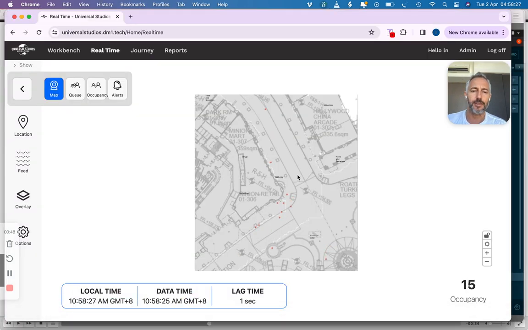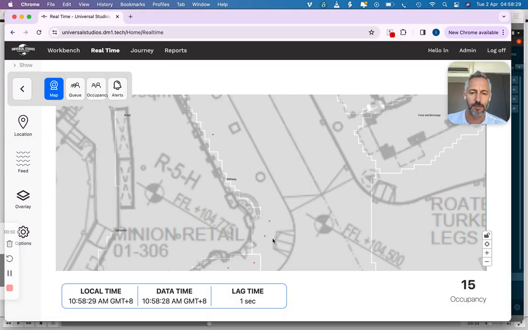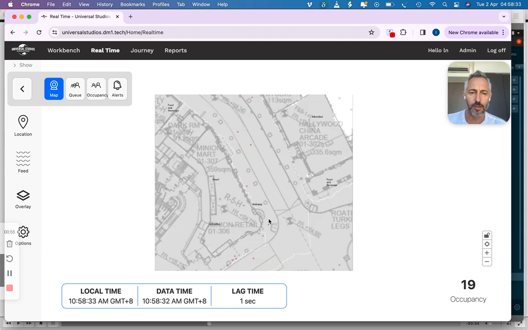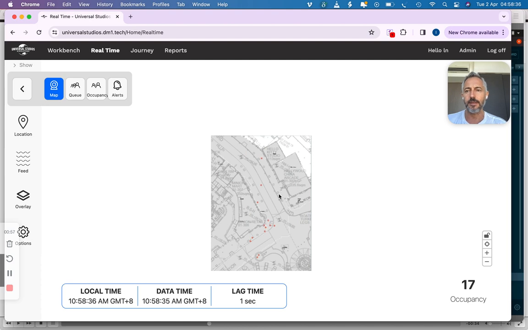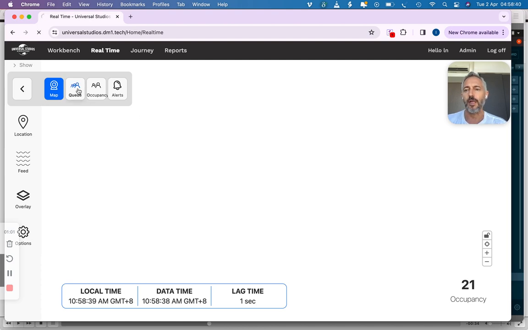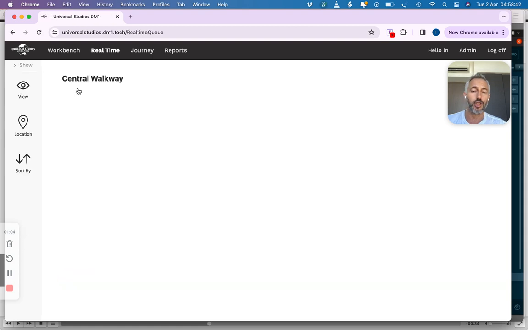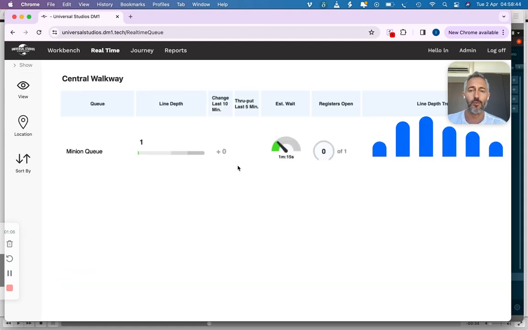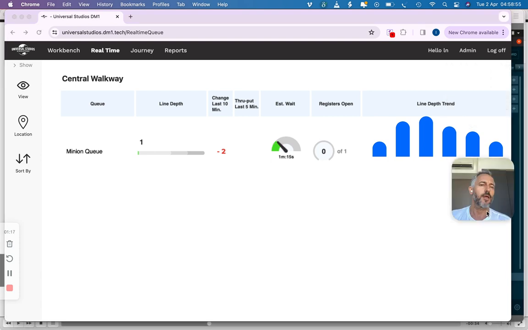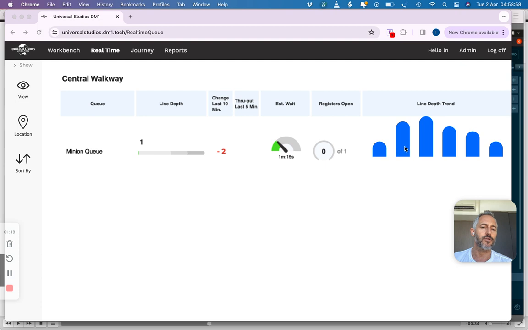You can see here in the real-time visualization that we can track each single person through their path in real time, and you can see the occupancy in real time as well. Based on the definition of the queue line, we have the queue representation in real time: how many people are in line, the estimated waiting time for the attraction, and the trends across different